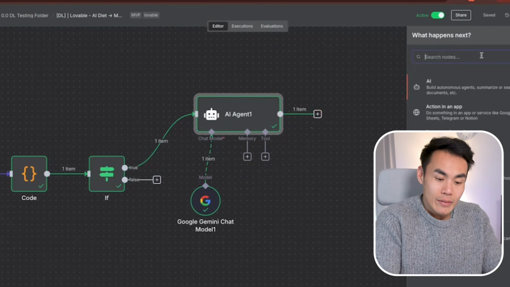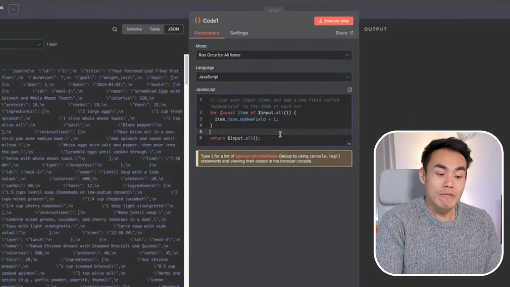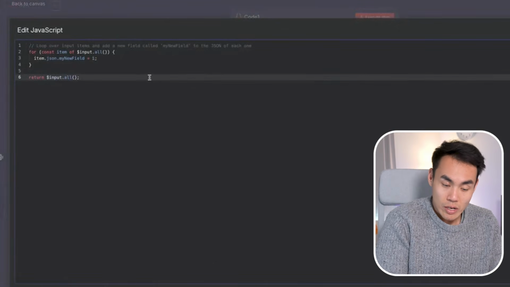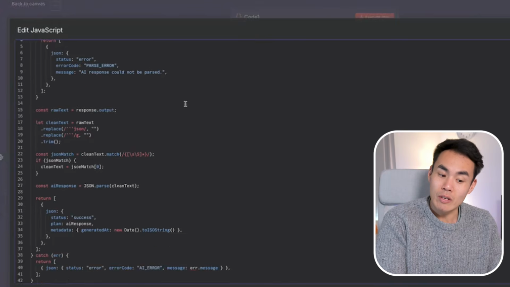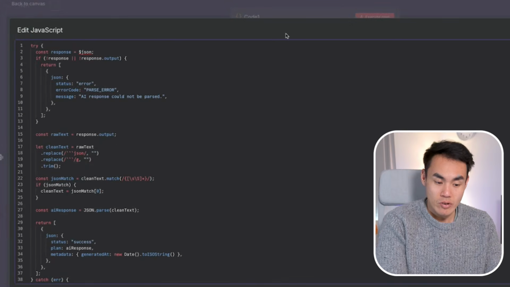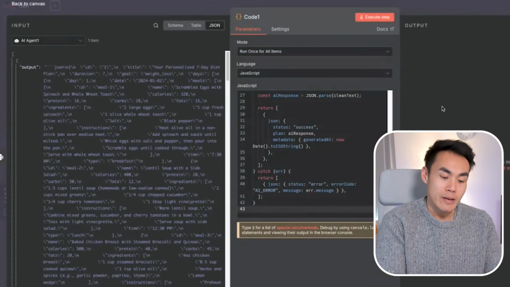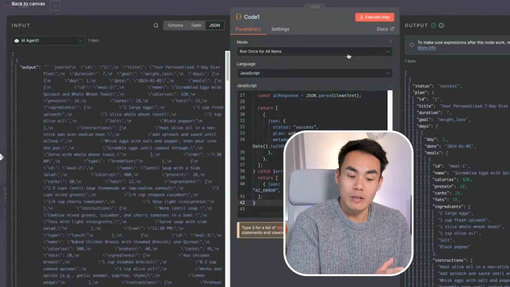So we'll add another node called the code node to structure the output like so. First, let's convert the AI's text into structured JSON: one object per day, each with meals, ingredients, and nutrition information. Then let's extract key details like total calories per day, protein, carbs, fats, and ingredients grouped by categories for the groceries